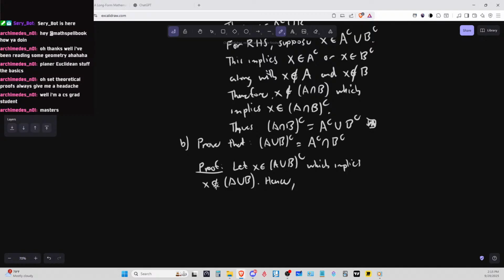Hence, X is not in A, or X is not in B. But X is an element of not A, and X is an element of not B. Meaning X is an element of